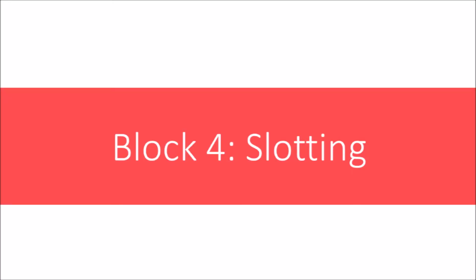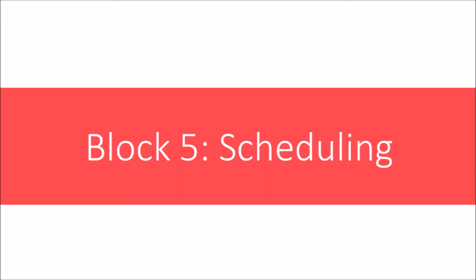In block 3, we will do order processing. We will look at different ways to pick, like pick to order, put to order, and batch picking. For block 4, the topic will be slotting, which yields the optimal location for references in the forward picking areas. For block 5, finally, we'll have scheduling. We will look at the DC from a tactical perspective by looking at the interaction between line scheduling, inventory levels, and transportation. So let's dive in.